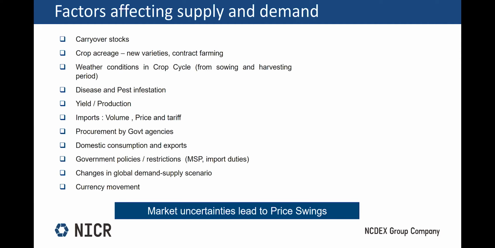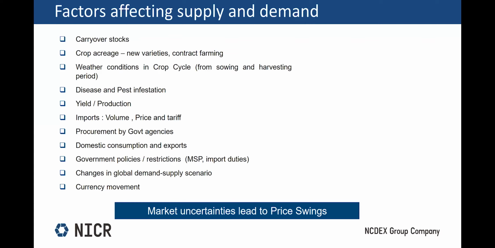The disease and pest infestations definitely impact the yield and productivity changes. The import policy changes, requirement changes. There is procurement by the government agencies. So there are various factors which continue to influence the market uncertainties, and these market uncertainties lead